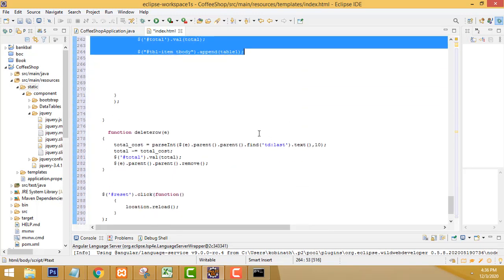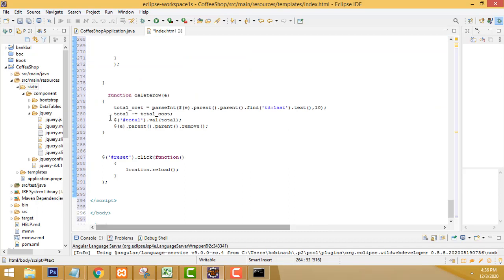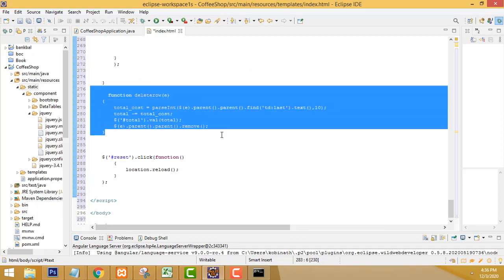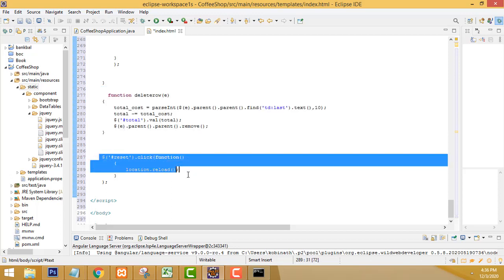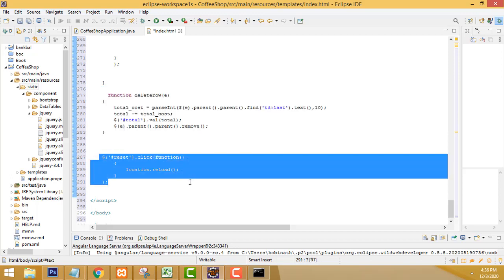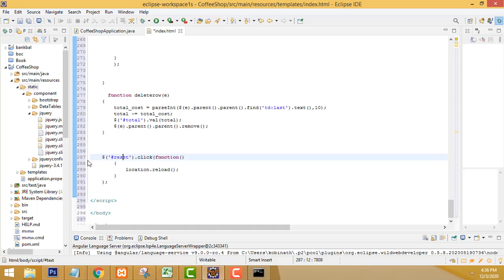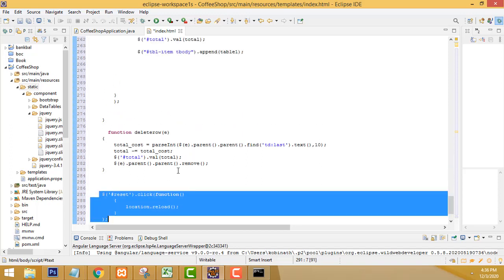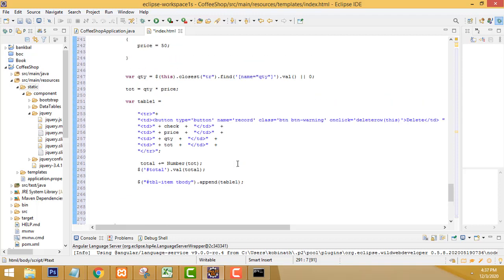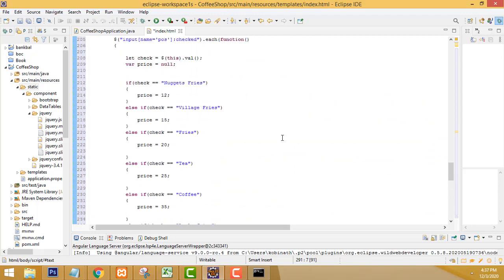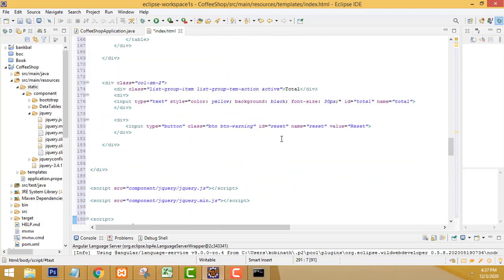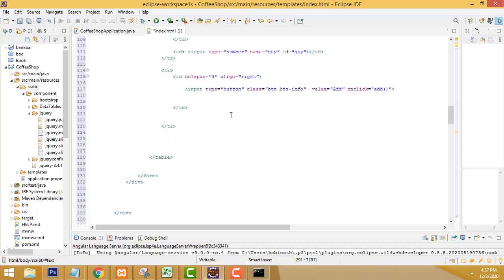This is simple stuff we have to do. After that, if you wish to remove an item from the table, you have to use this delete row function. This is the function I am using to reset the form, right? After the sale is complete, if you click the reset button, the form should be cleared. This is the code we are using, and this is the delete. This is all the code. Don't worry about that. I will provide it on my website. You will be able to download and use it. This is very simple code.